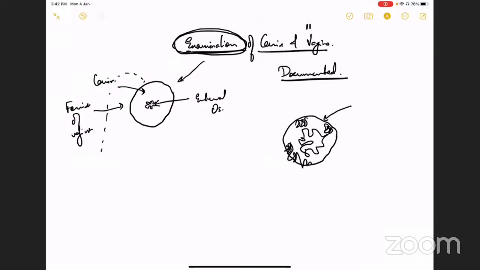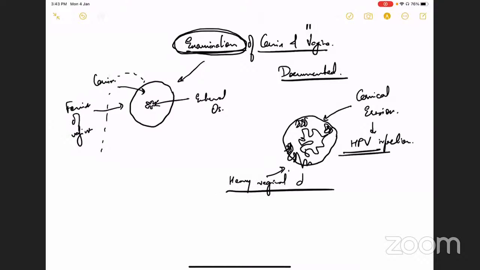This we normally call in our local language as cervical erosion. This is something which commonly happens due to an HPV, that is human papilloma virus infection. And this is something which can cause a heavy vaginal discharge. Quite a lot of times, this can be identified only by doing examination, supplementing the examination with something which